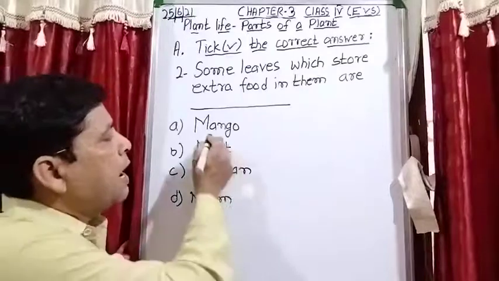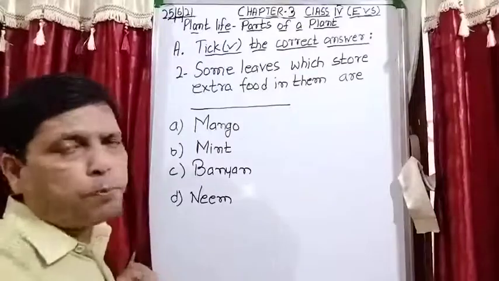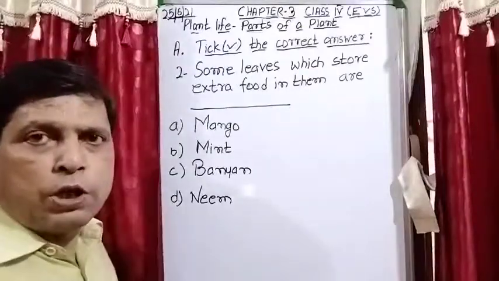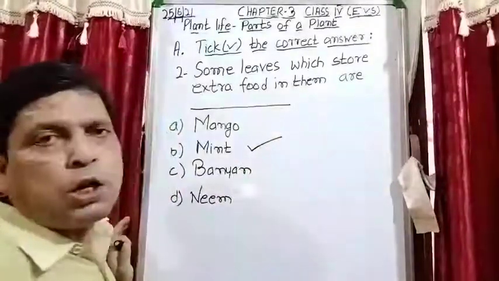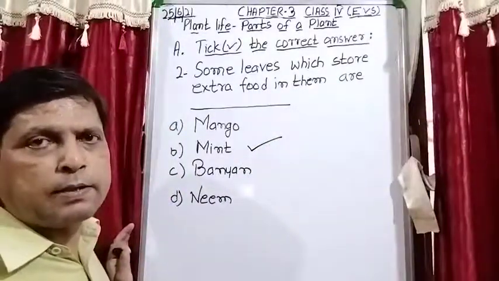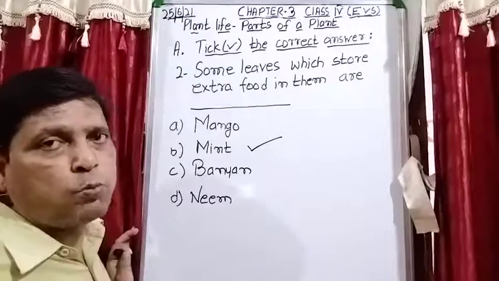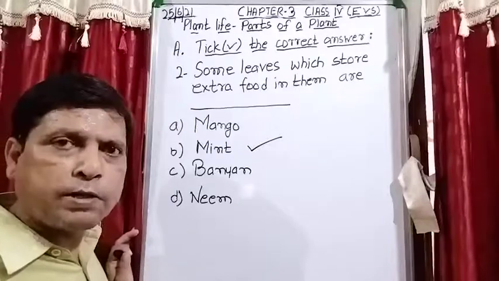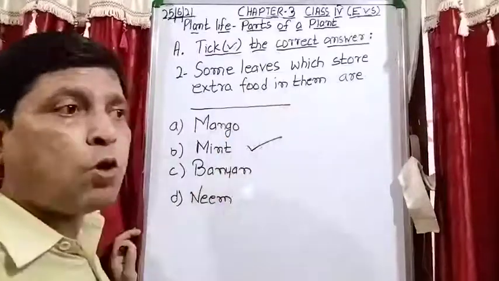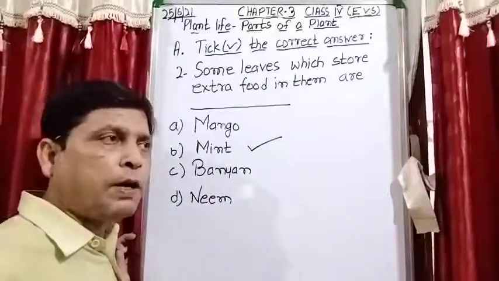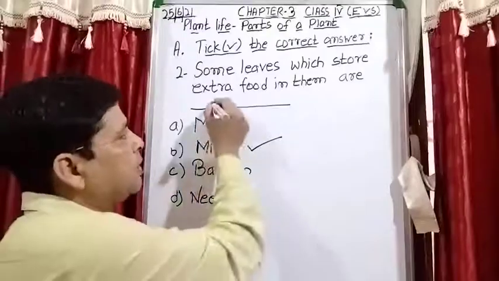So, now what is left? Mint. Yes, mint is the right answer, जिसको आप लोग पुदीना बोलते हैं. पुदीने की चटनी बहुत अच्छी बनती है. ठीक है. So mint is the right answer. Cabbage भी होती, जो बंद गोभी होती है, जिसको हम लोग खाते हैं, as a raw भी खाते हैं और कुक करके भी खाते हैं. तो some leaves, कुछ लीव ऐसी होती हैं जिनको हम eat करते हैं. So why? Because they store extra food in them. So that is the mint.